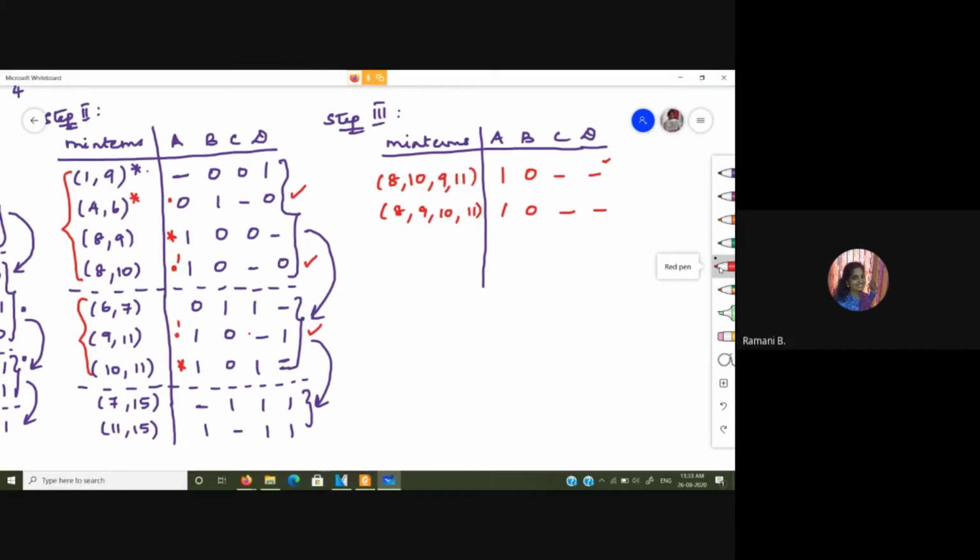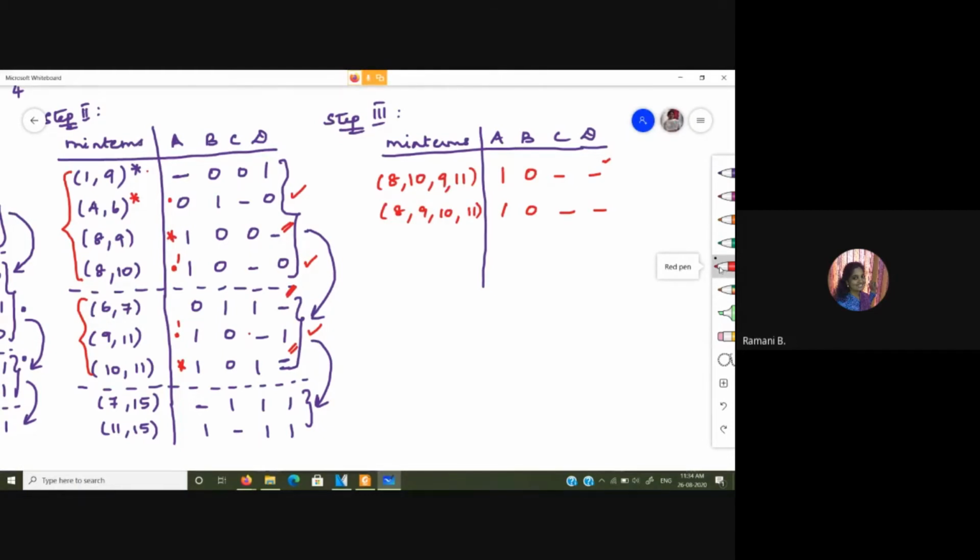Okay, here this was 0 and here this was 1. Now, same way, I compare with the last dash position. So here I have dash in the D position for 8, 9, and here I have these two places, 6, 7 and 10, 11. As I compare this 8, 9 with 6, 7, I observe that A, B, C are changing value. So I cannot have that combination.